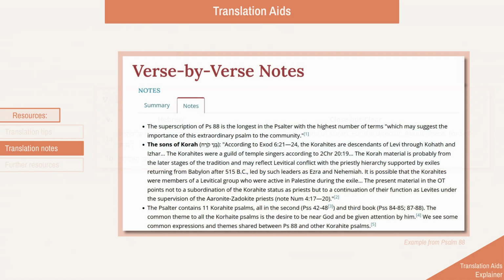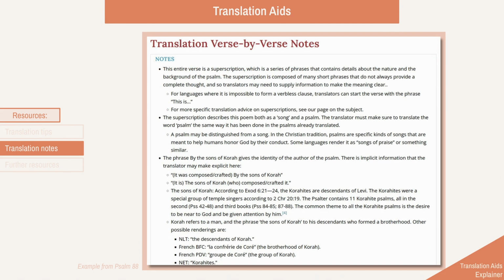The regular verse-by-verse notes explain the key terms and their meaning, but also go into detailed explanation of the grammar, syntax, and textual issues involved, as well as many footnotes with other technical details. Coming over to the translation notes, you can see the same important information explaining key terms and their meaning, but many of the technical notes have been left out, and instead translation notes have been added.